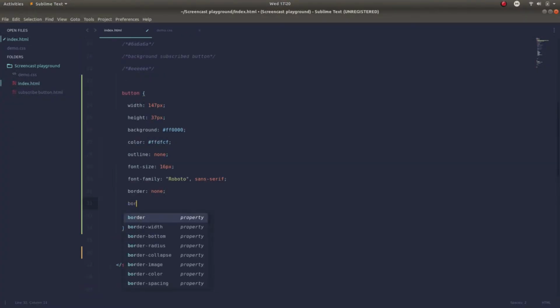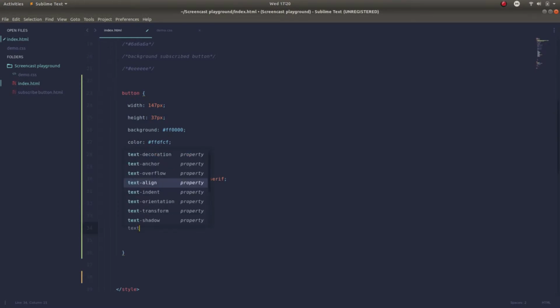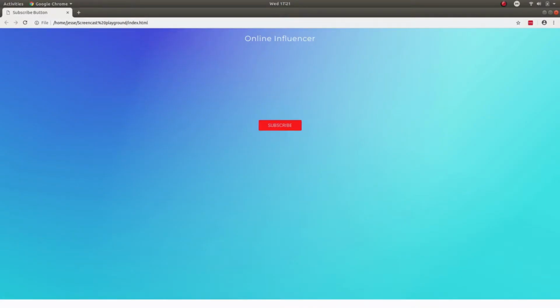Now border none, border radius 3 pixels, cursor pointer, text transform uppercase. This looks much better,